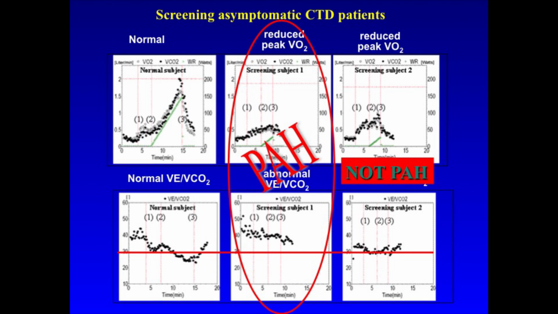Well, in this particular one, you see the VE/VCO2 is high, and in this particular patient, even though VO2 is really reduced and the patient is symptomatic, the VE/VCO2 is normal. So we would conclude that this is PAH and this is not PAH. And so without putting all of our eggs in one basket, we of course would do the other tests. We always do the echo and the right heart cath, et cetera. But it is very useful to have this going in when you're trying to differentiate what the problem is,